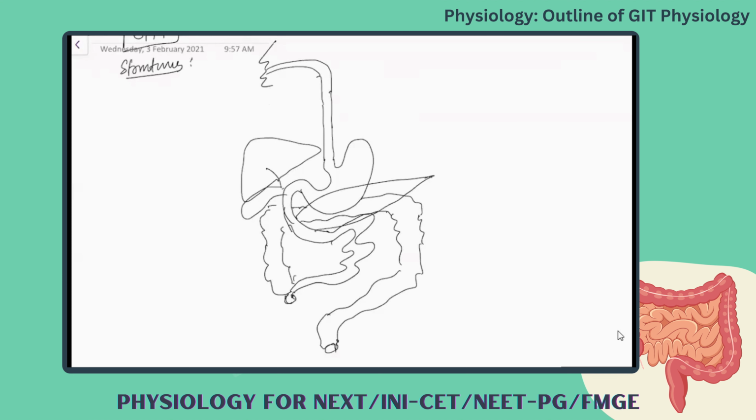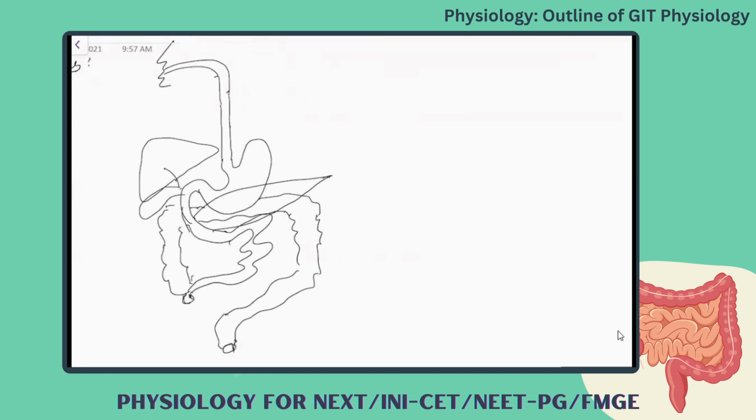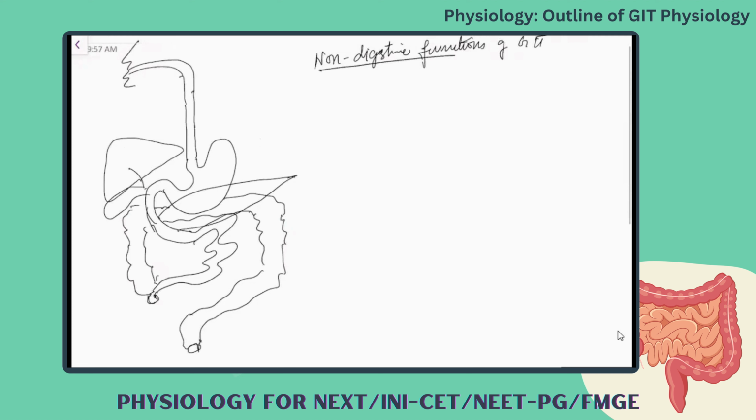So what comes first? Before going into the digestive functions of the digestive tract, we should also know some non-digestive functions, which are also done by the same structures. So they are called the non-digestive functions of GIT. The first one: it secretes some gastrointestinal hormones. And it also has a role in the synthesis of vitamin B12